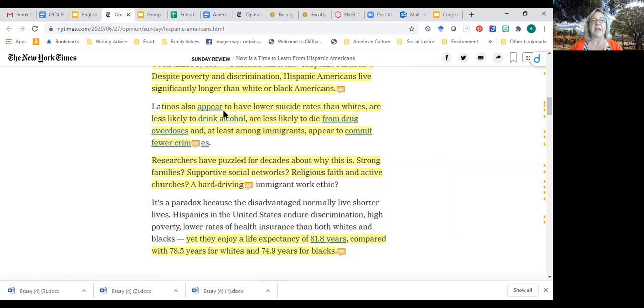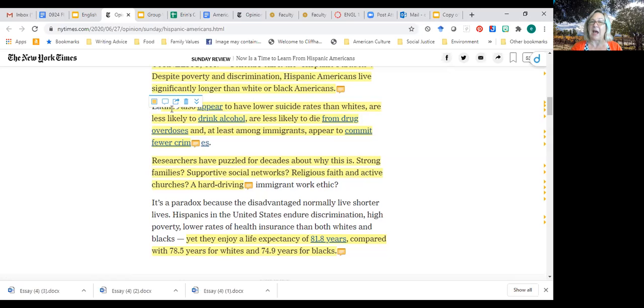And so down here, he expands on this statement. He says, also, they appear to have lower suicide rates than whites, are less likely to drink alcohol than whites, they're less likely to die from drug overdoses, and at least among immigrants appear to commit fewer crimes.